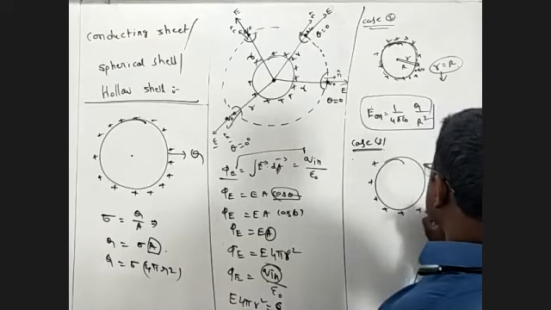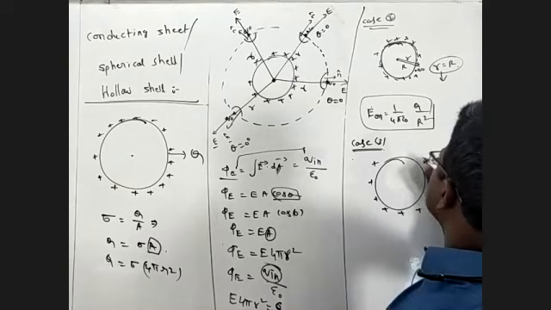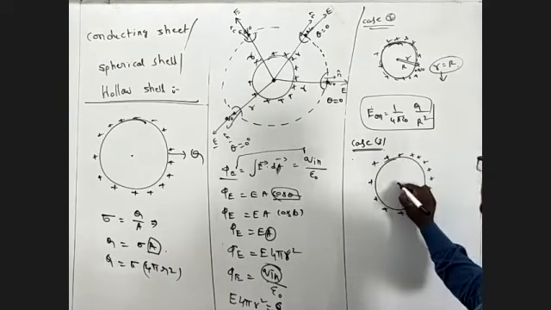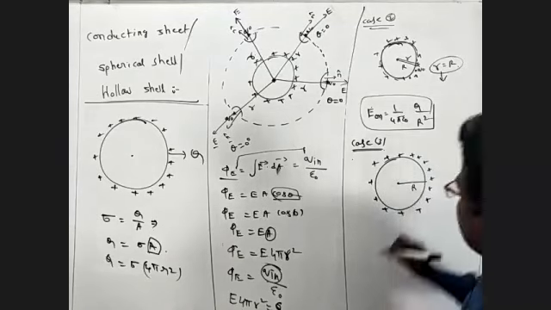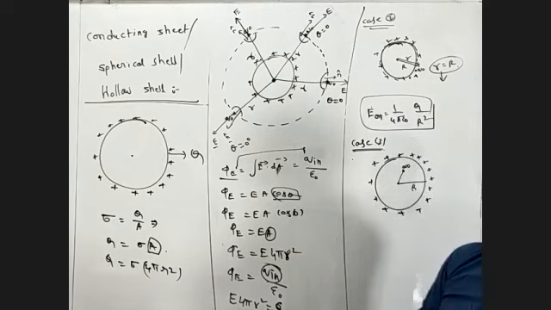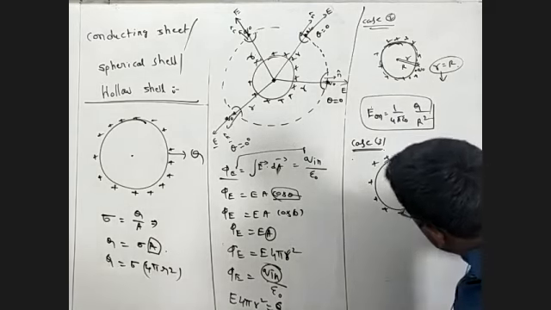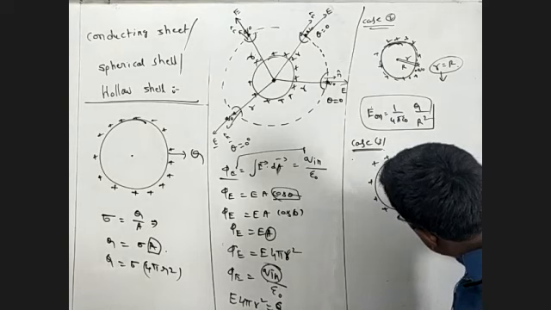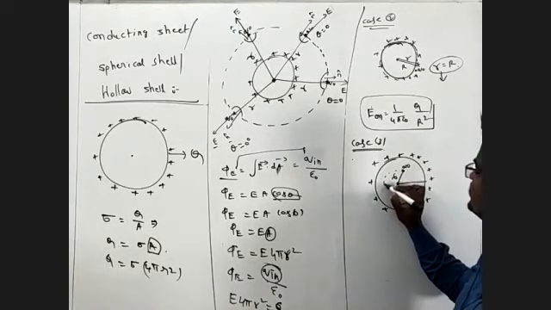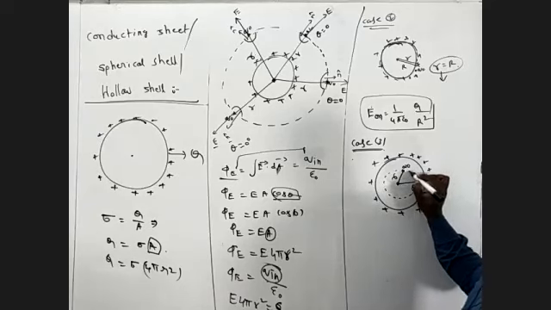The charge is a positive charge. Next, the radius from here to here is R. Next, a charge Q naught is placed inside the spherical shell, at the center of the ring. From here to here, Q naught is placed here. Construct a Gaussian surface. This is a Gaussian surface.